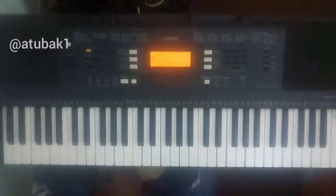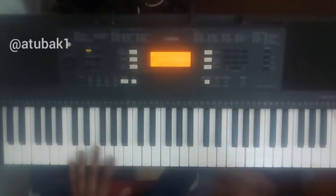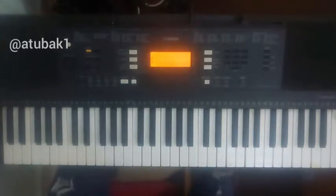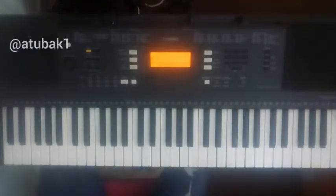Play, how to improvise on level 3 using pentatonic scales. So basically on this level, what we are doing is what we did in level 2, we just move it from one octave to the next octave, right? So basically